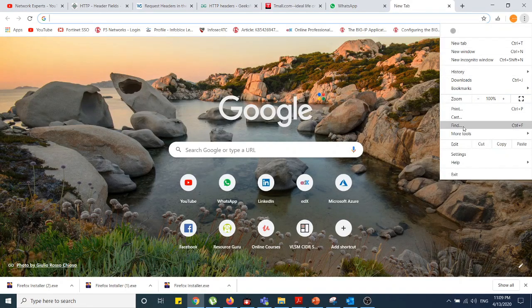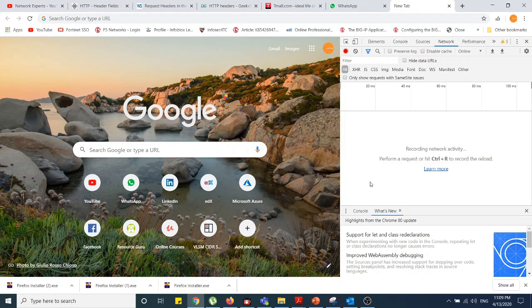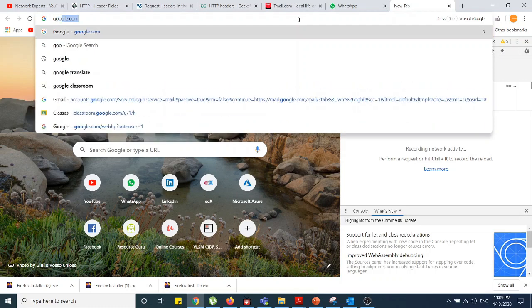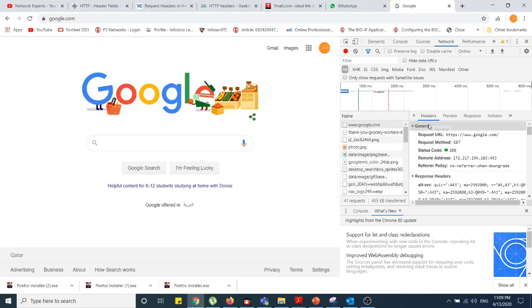So let me show you some headers. There are some built-in features for troubleshooting purposes and to check the HTTP headers. Just open Google Chrome or Mozilla Firefox, go to network, and then open www.google.com. You can see that there are some request headers and some response headers.